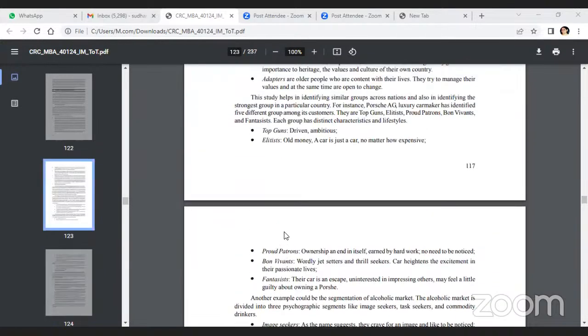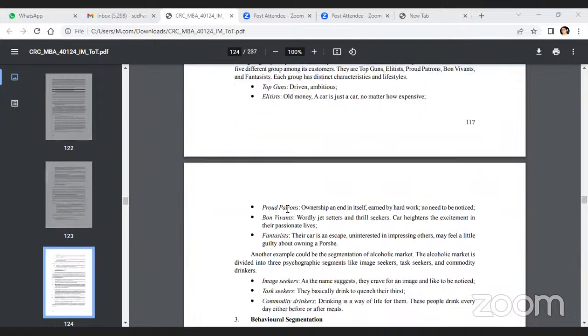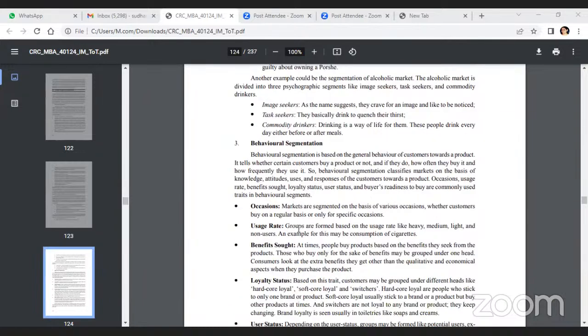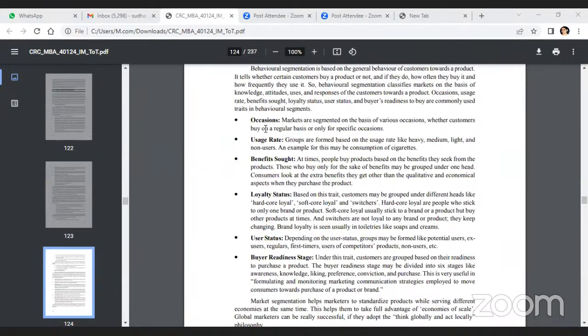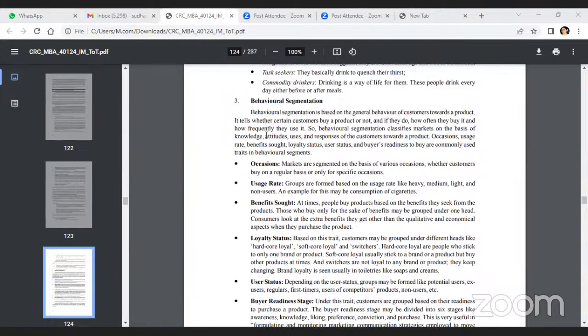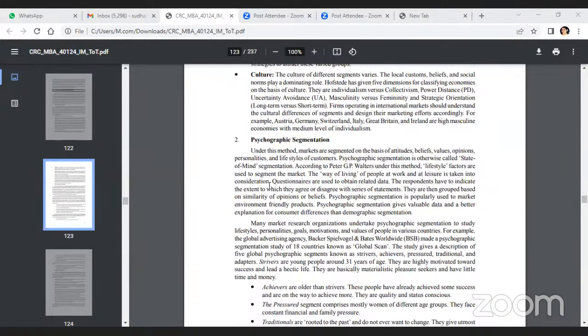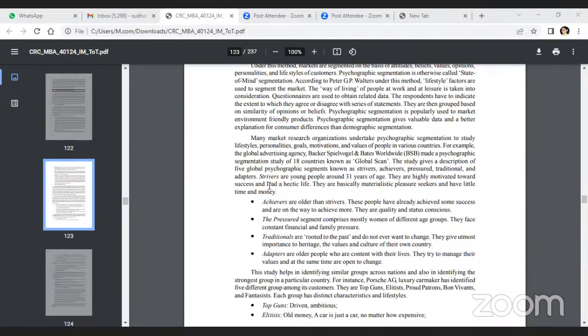And again, each group has distinct characteristics and lifestyles, like top guns, elite cheats, proud patrons, born violence, fantastic image seekers, star seekers, commodity drinkers. Okay, like that, based on behavior again, like how do they behave? Psychographic segmentation is based on the psychological aspects. This is also behavior, but the thing is that,